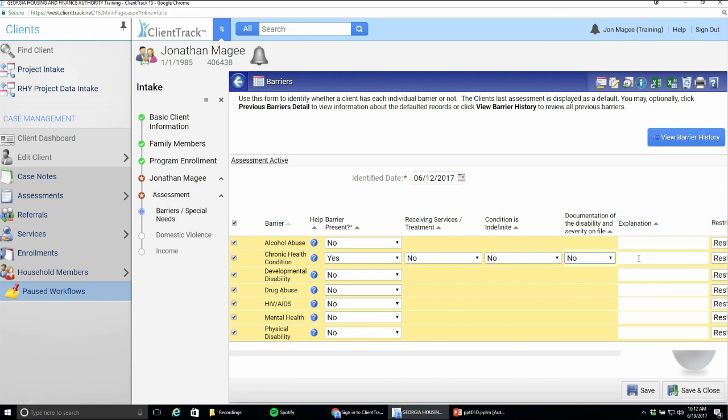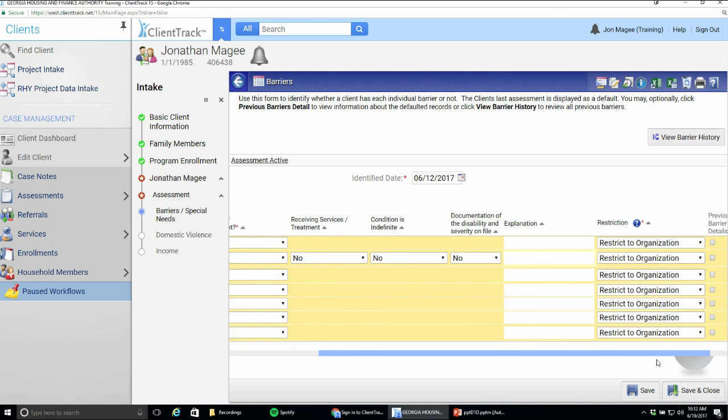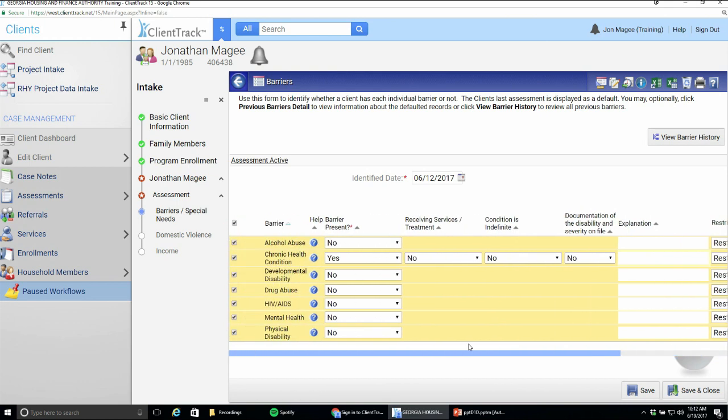You've got a little explanation box here. This is not required, but some people will use this to do a little clarification of maybe exactly what this chronic health condition is that this person is recording. This is something that will always default to restrict to organization, so this is something that will not be shared with other agencies. Continuing on,